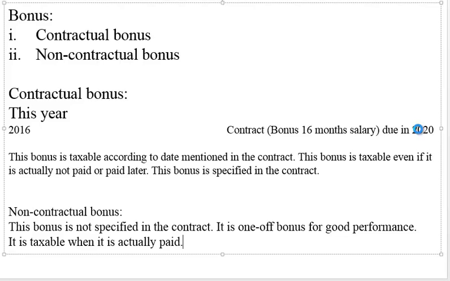So, what is the answer to question number 7? There are two situations, right? A is if this bonus was specified in the contract to be payable at the end of each year. Second is if this bonus was not provided in the employment contract, it was an additional bonus to reward good performance. It was declared payable by the company on 31st Jan 2010. So when will it